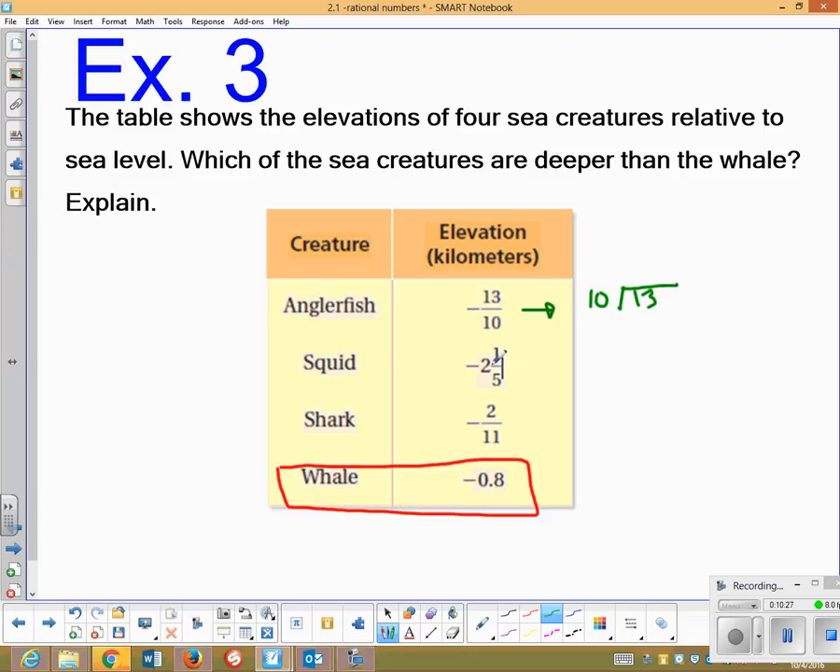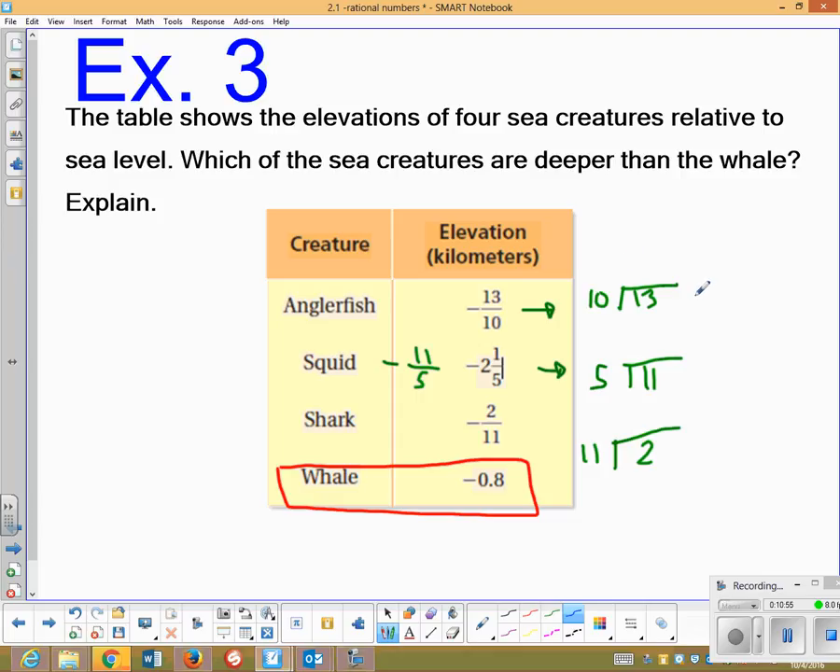So 2 times 5 is 10, plus 1 is 11 over 5. So that would be the same as negative 11 over 5. So top goes in, bottom goes out. And this one, top goes in, bottom goes out. And if you finish each of these, you'll get your answer. I'm going to go ahead, for the sake of time, and just reveal the answers